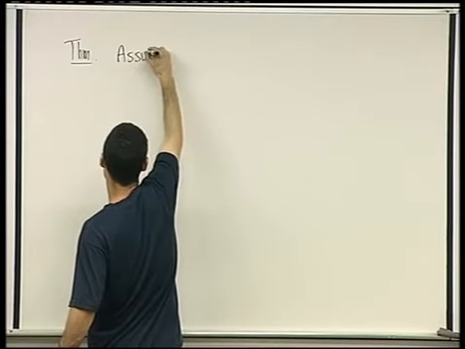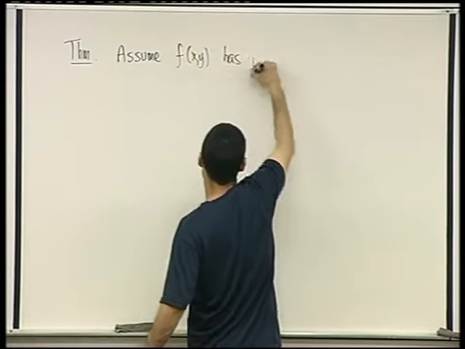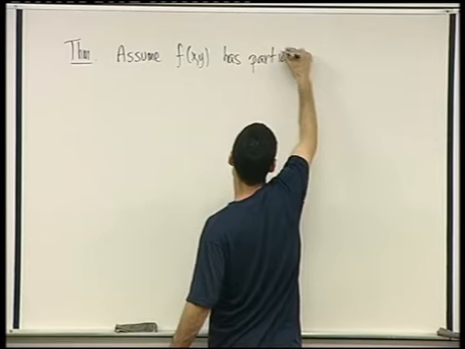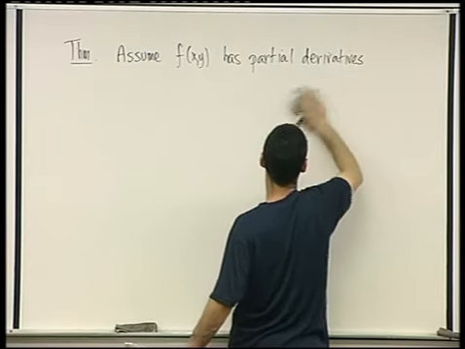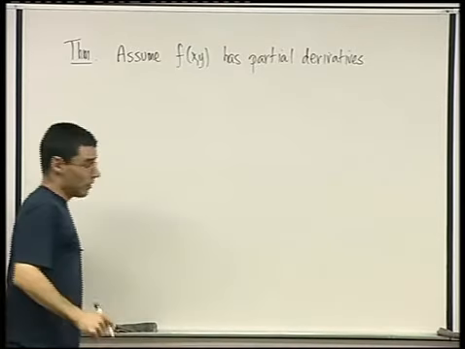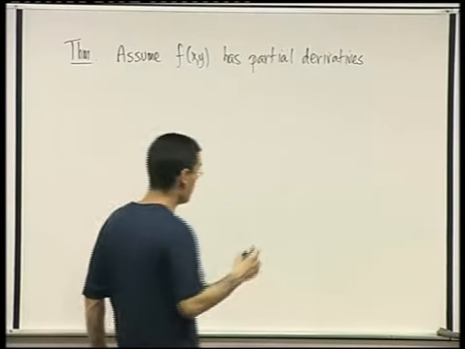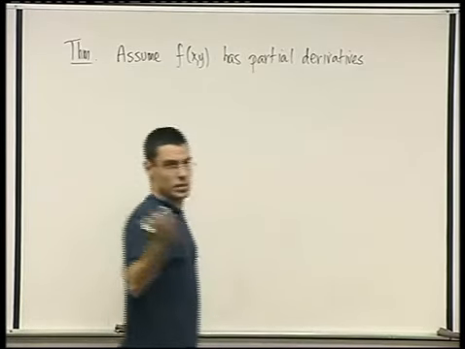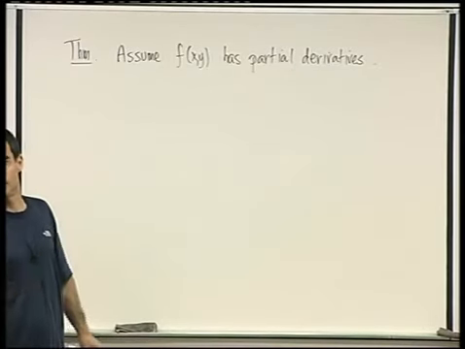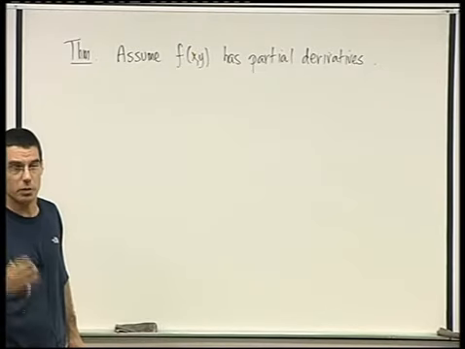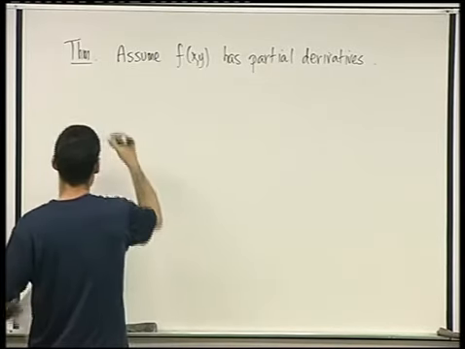Assume f(x,y) has partial derivatives. That's not a very restrictive assumption, but it does need to be satisfied in order for the theorem to hold. And whenever it's not satisfied, just like in single variable, when you have points where the function is not differentiable, you can't use the theorem. You can't set the derivative equal to 0 if the function is not differentiable, right? So assume that it has partial derivatives. Then,